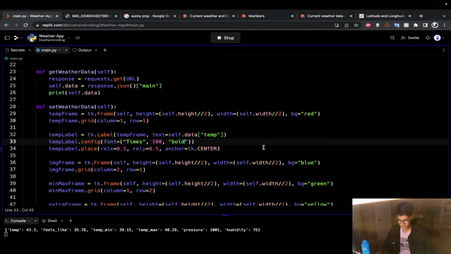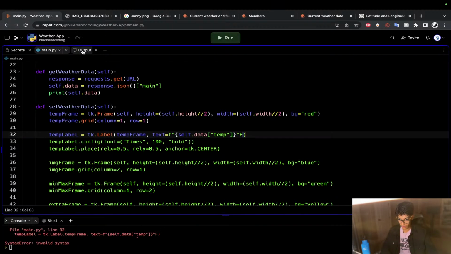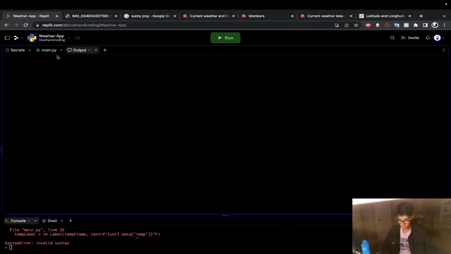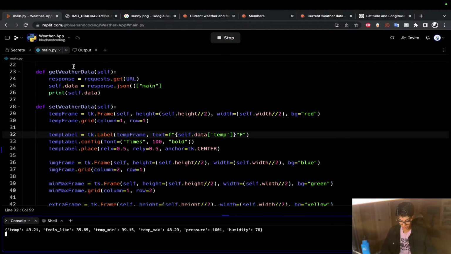So it looks nice. And I can actually go ahead and format this a little bit using an f-string. And we'll add the, I think it's Option Shift 8. There we go, the Fahrenheit symbol. Oops, looks like I messed something up. What did I do? Oh, these need to be single quotes. There we go. So if I run this now, after I fix that little single quote, double quote error,